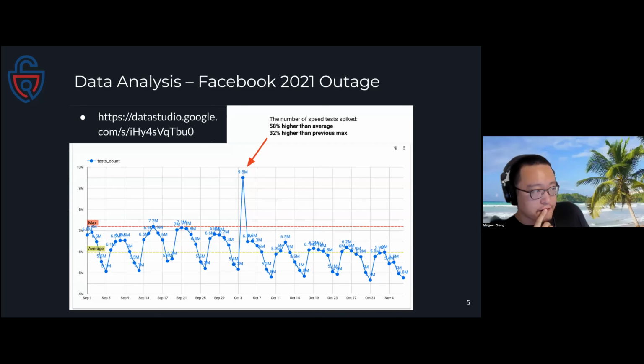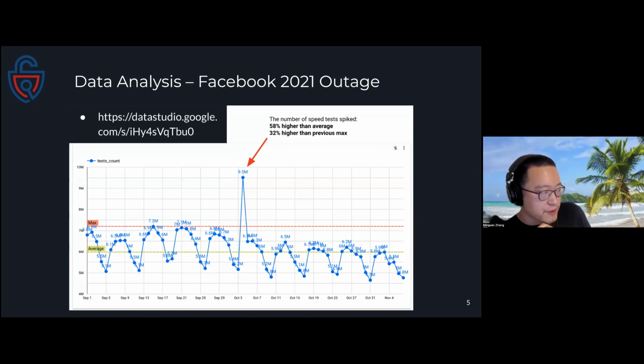This is a graph of the NDT results volume over time. We're plotting the time from about a month before the event to about a month after the event.